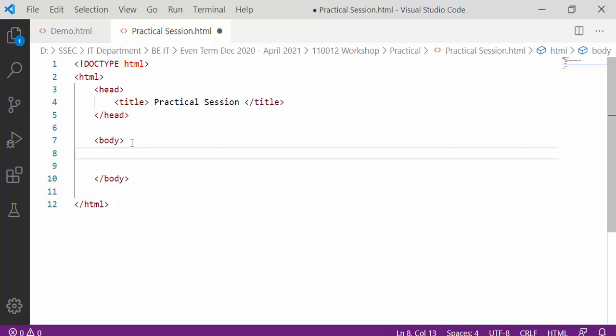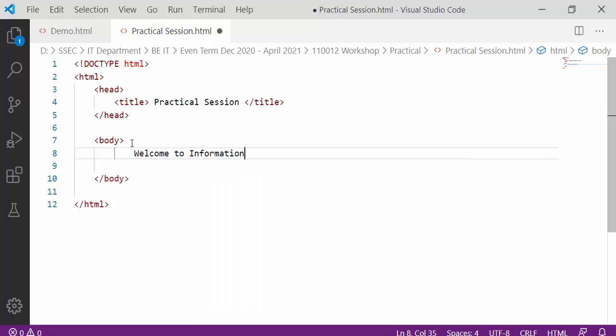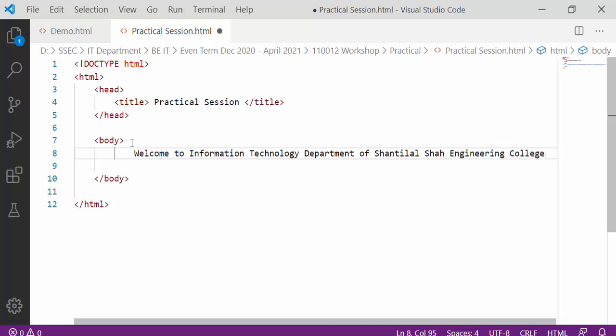For example, if I want to give my web page a bigger size title, I will write, for example, welcome to information technology department of Shantilal Shah Engineering College.